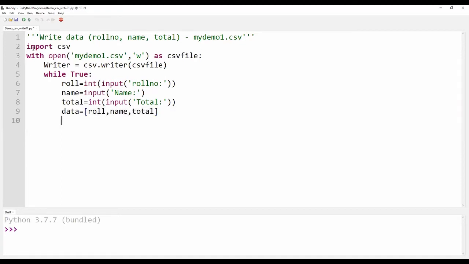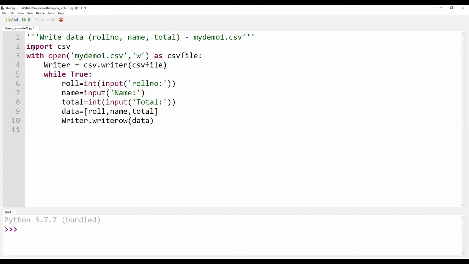Now, using the writer.writerow method, I am trying to write the data onto the writer, and the writer writes the data onto the original file called mydemo.csv.